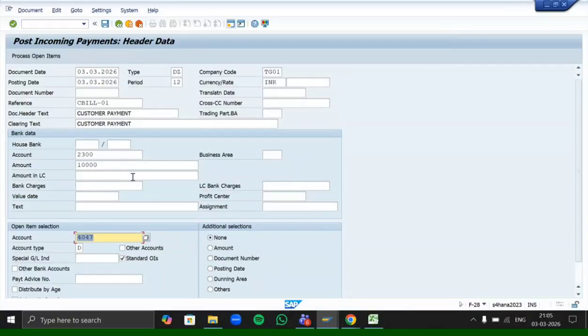Now all the details we have mentioned, right? Now we need to click on process open item. If you click here, the system will show whatever open items are there in this particular customer's account, because you are making a payment against that open item only, like the one invoice we have booked. As we have sold that product to a customer, only then is that customer making a payment to us. So that is an open entry for us. Let's click on process open item.